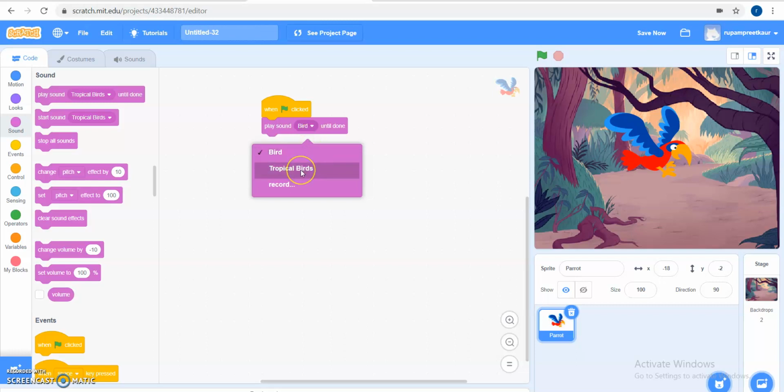Over there will be one more option, the tropical birds option. Just click on tropical birds: play sound tropical birds until done. Now see, when I click play, the tropical bird sound started.